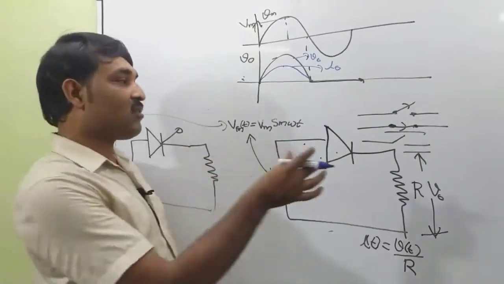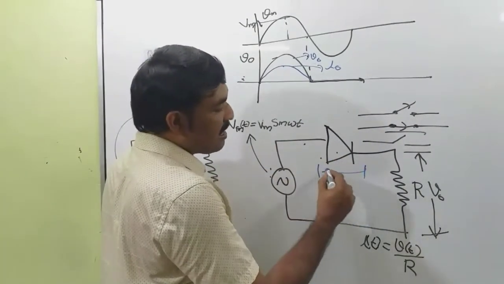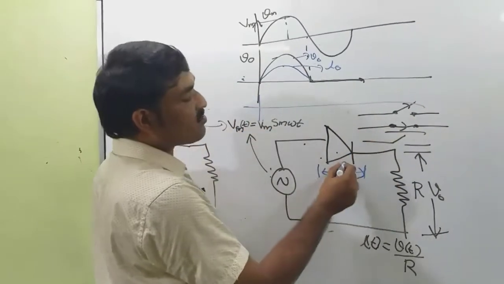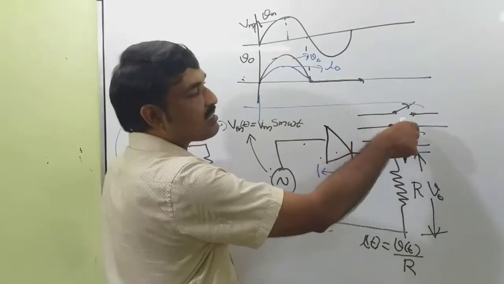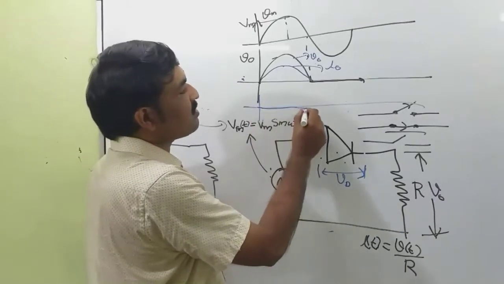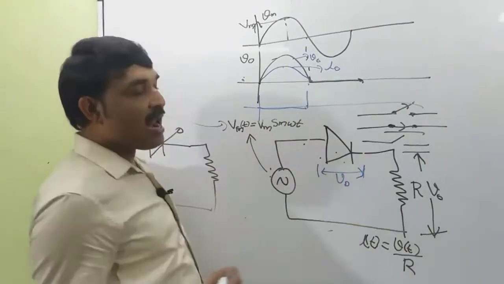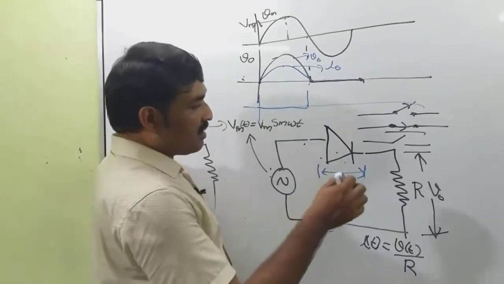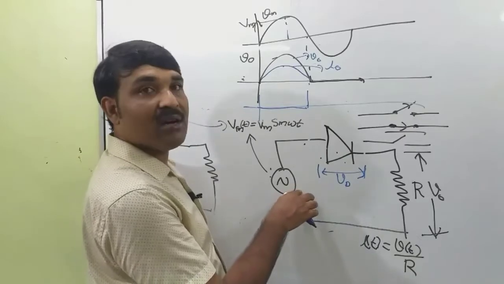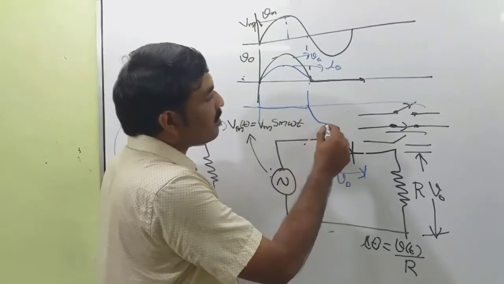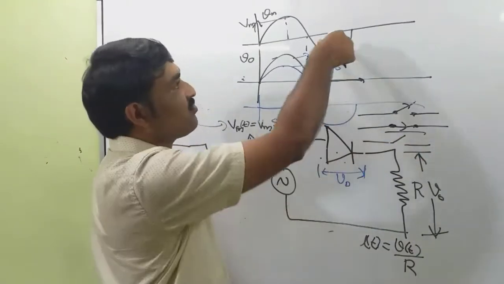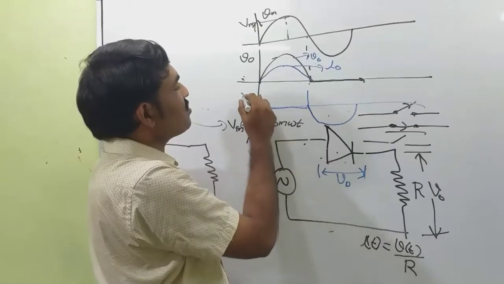Now what about the voltage across this diode? This is indicated by Vd, that is, the voltage across the diode. Now during the positive half cycle, the diode conducts, so that is equivalent to a closed switch. So the voltage drop across the diode is equal to 0. So this will represent the voltage across the diode. And during the negative half cycle, this becomes open. So what will be the voltage across the diode? The voltage across the diode becomes this voltage. No current flows. So this is an open switch, and the voltage across the switch is the same as the input voltage. So this is the voltage across the diode.